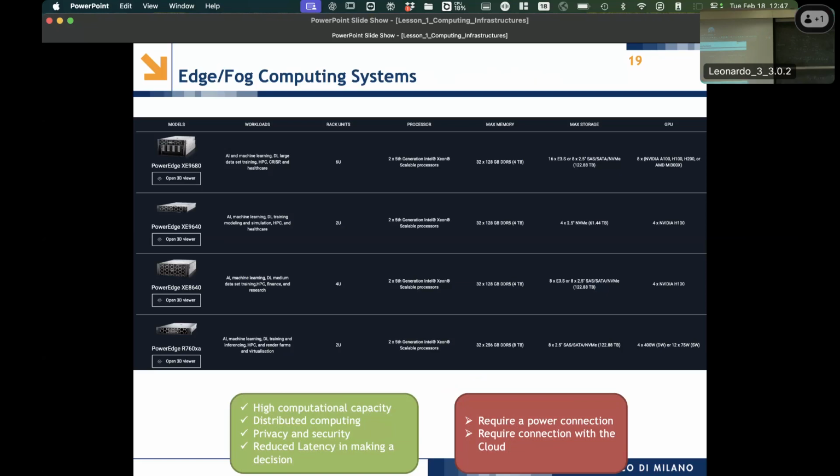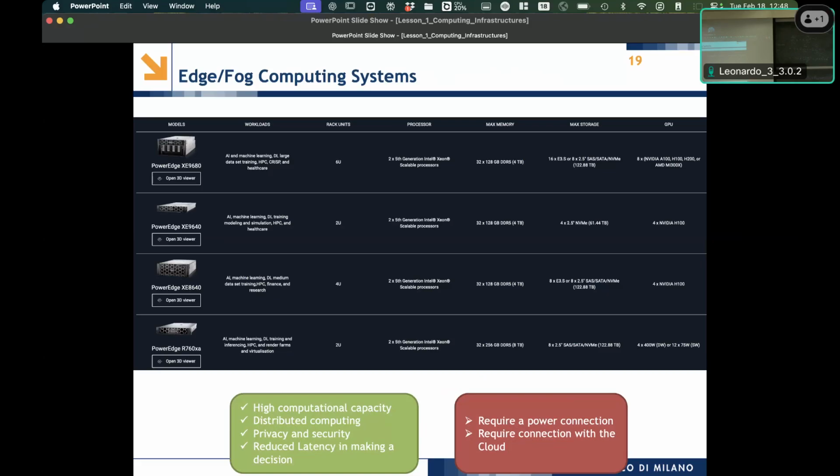These are more or less medium-sized servers. Okay, if we continue the comparison with the data center and the other computing infrastructures, what you have is still high computational capacity. Of course, in a data center you have 10,000 servers today. Here, if you have a small data center that is reachable through a 5G network, a 5G antenna sometimes, then you have a limited number of servers there. You don't have the same capacity as data center scale, but you have small, medium-sized data centers in that case.